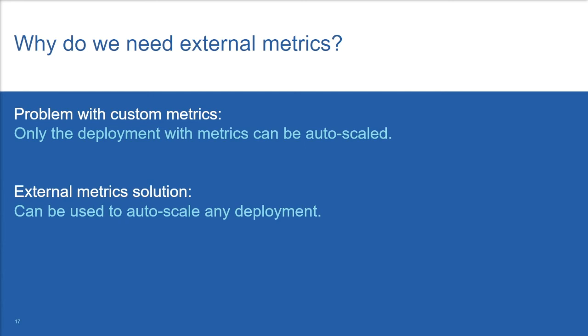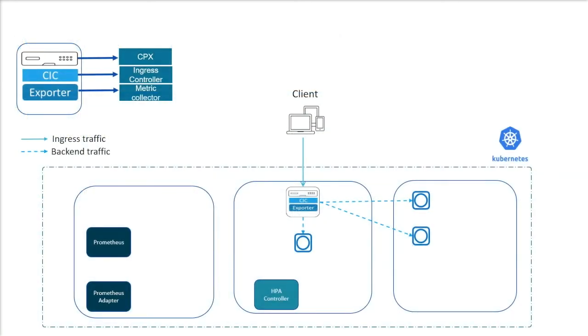HPA can be configured to make use of these metrics coming from the Citrix ADC CPX pod and use it to auto scale the front end application seen in the previous demo. Here the topology is slightly different. We have moved from a 2-tier architecture to a single tier one. So we only have one Citrix ADC CPX load balancing the application. The flow still remains the same.